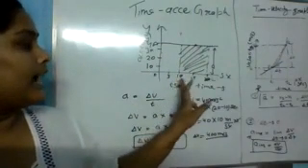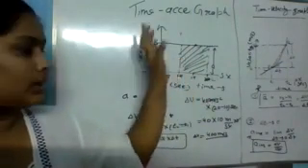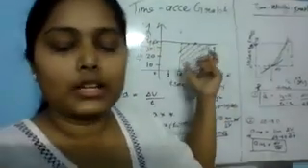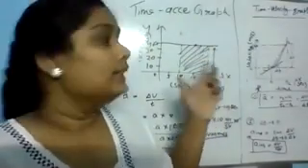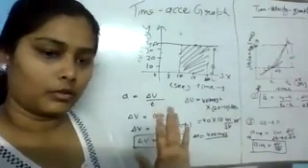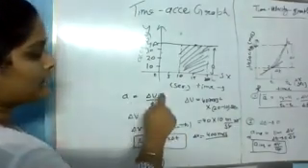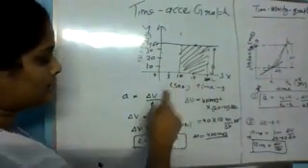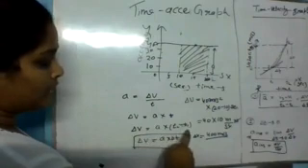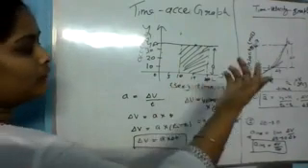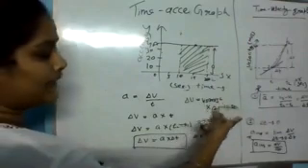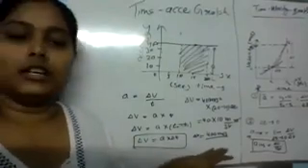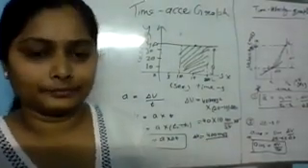Here you can see that at 10 seconds, the acceleration is 40 meter per second square, and at 20 seconds, acceleration is 40 meter per second square. Acceleration is not changing with respect to time. That means this is showing uniform acceleration. So acceleration equals change in velocity upon time taken. So delta V equals A into T2 minus T1. This is your formula. Now if you have the values, delta V equals 40 meter per second square into 20 minus 10 seconds. And from this calculation, you can find the change in velocity.